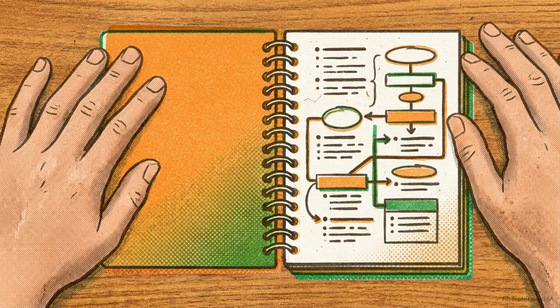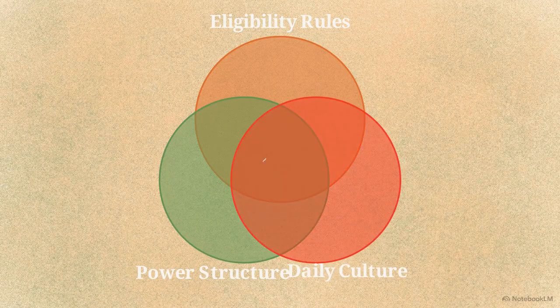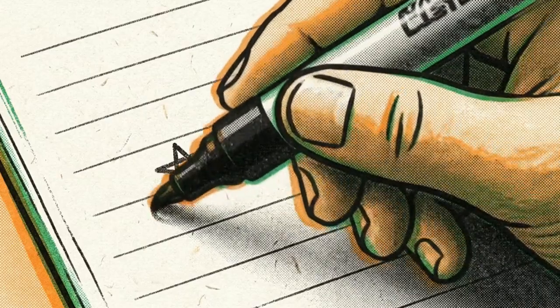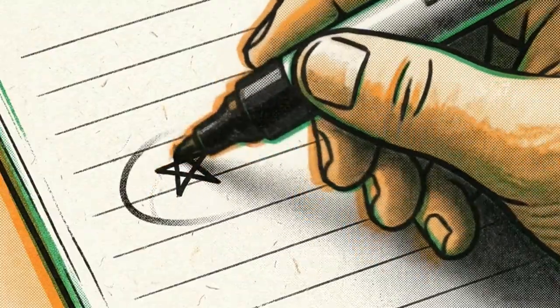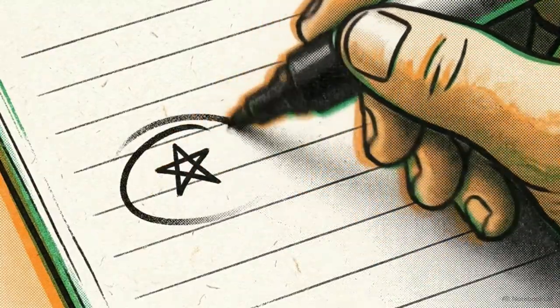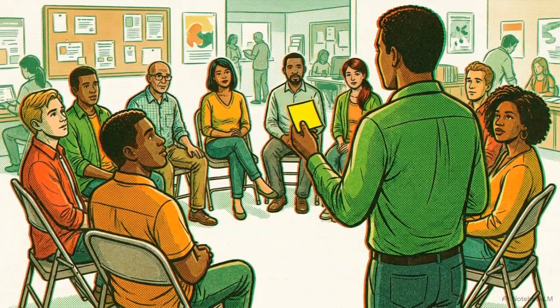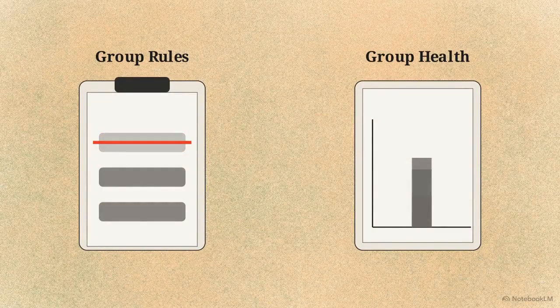You now hold a tangible diagnosis of your mutual aid project, covering your eligibility rules, your power structure, and your daily culture. Take this piece of paper to your next general meeting. Use it to initiate a targeted intervention based on your findings. To avoid overwhelming the organization, propose only one structural fix at a time. This could be dropping one unfair rule or changing a single metric for how you make decisions.